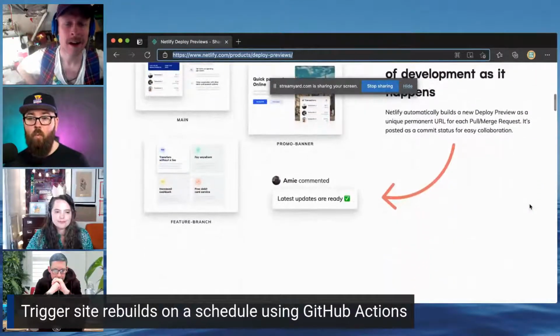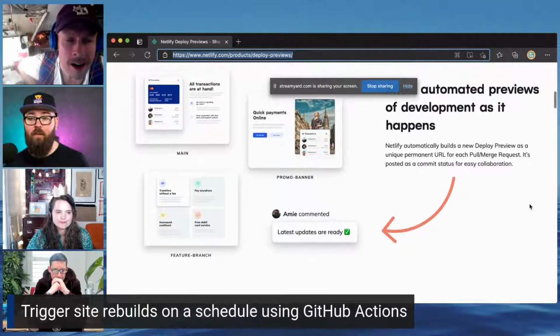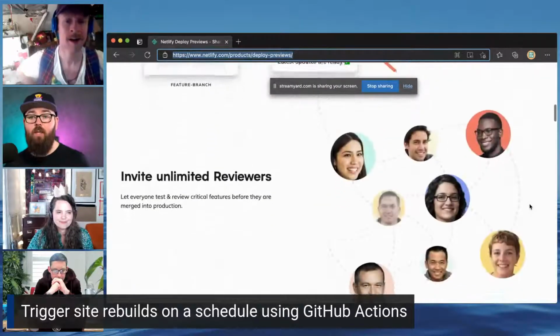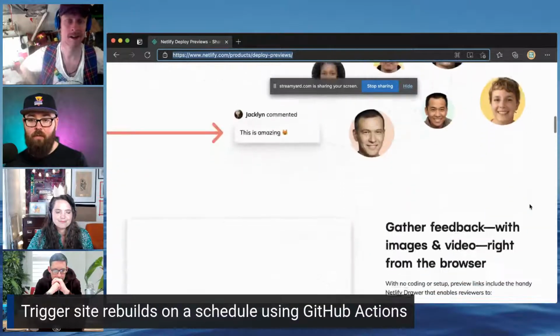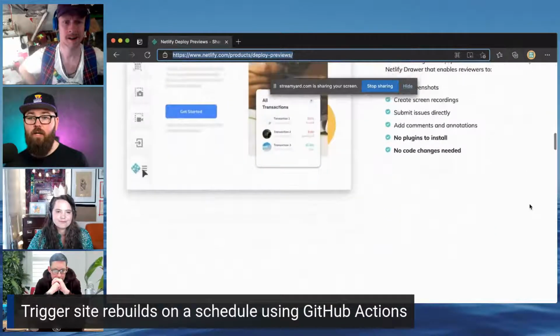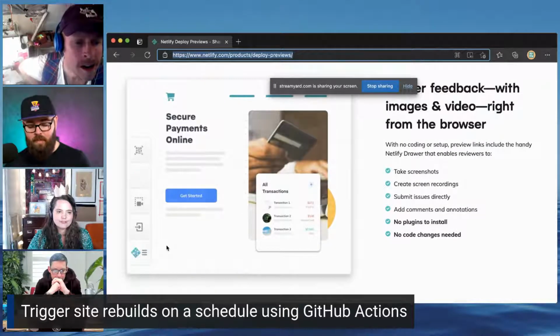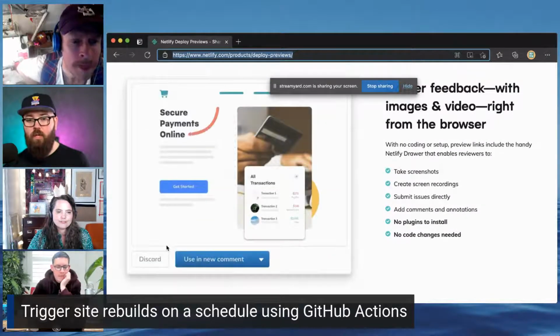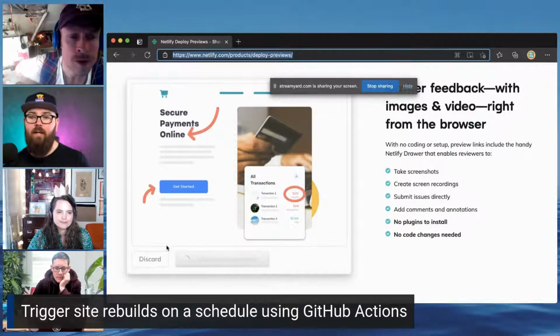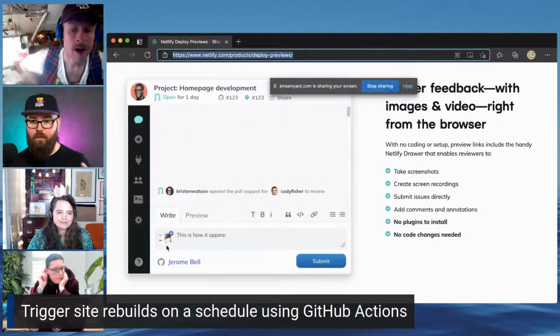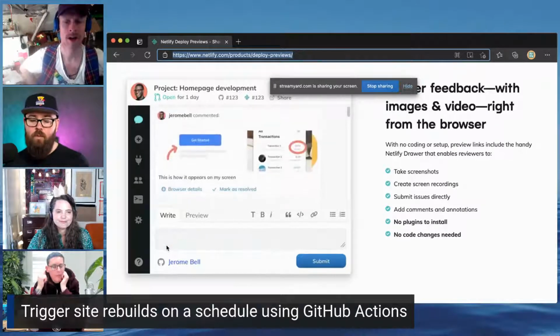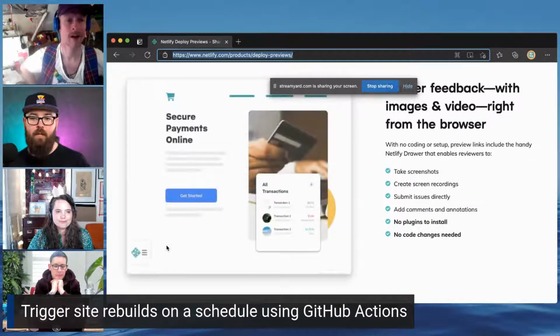When you create a pull request, we give you the ability to invite reviewers, and then we show a drawer on the left-hand side where you can open this up and take screen recordings, do screenshots, and annotate things. You can leave arrows and draw on it to give feedback on the code. And when you do this, those get synced to GitHub, Clubhouse,